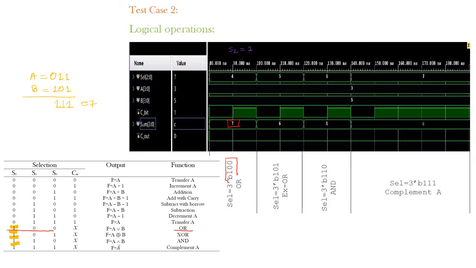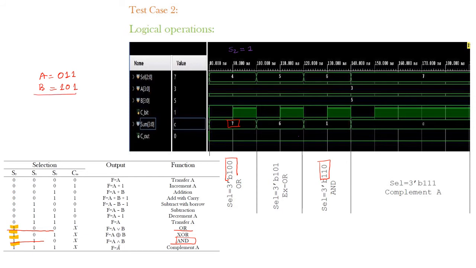Now in the next case, let us consider AND logic, which is indicated by selection line 1 1 0. 1 1 0 indicates AND logic. So we have A equal to 0 1 1 and B again 1 0 1.